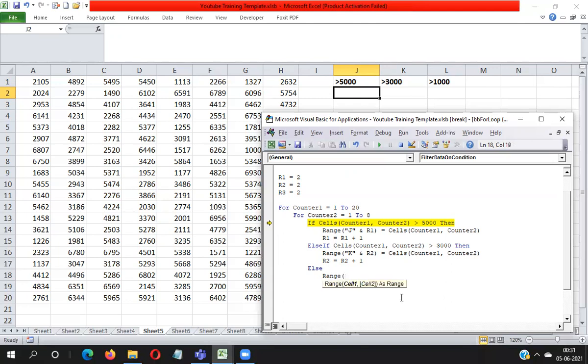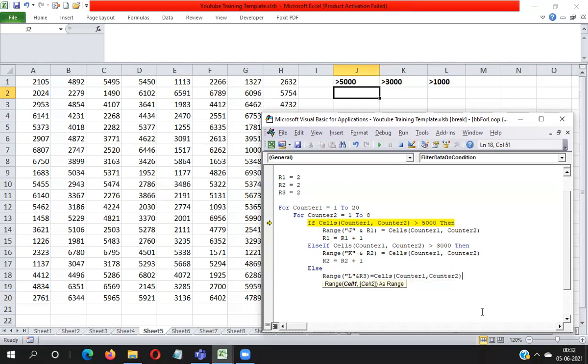For the rest of the condition you need to take the value in the L column, so I'm taking a reference of L, R3 equal to whatever value I'm looking at here, cells(counter 1, counter 2).